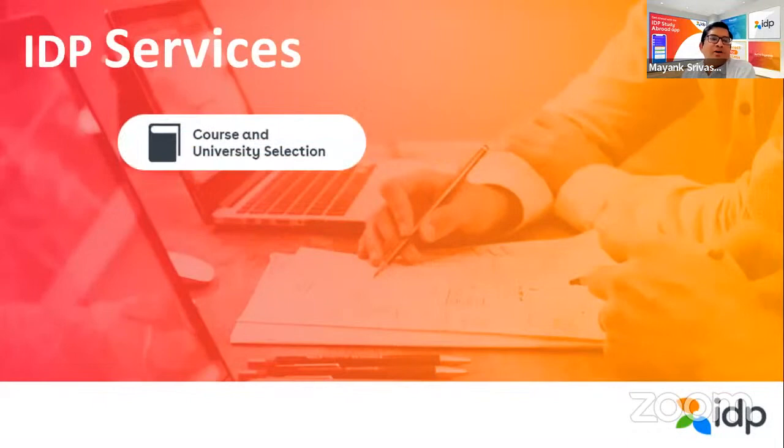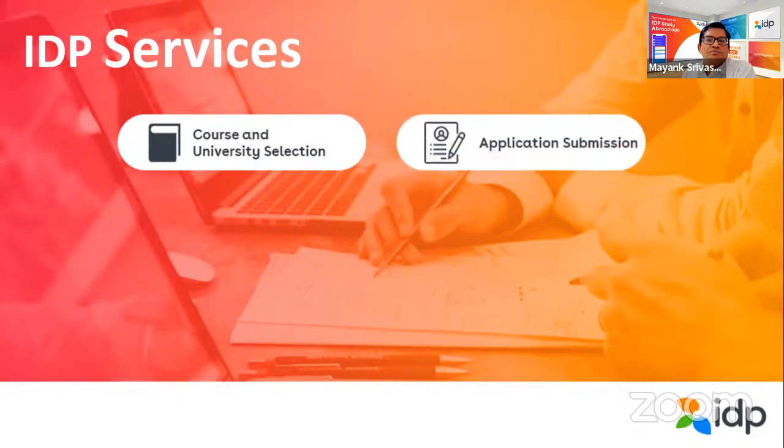So what services does IDP offer? IDP will help you after studying your profile and your electives. If somebody is working, based on that, we will select the course and the right university for you, in the particular destination where you want to apply. Then we will help you to submit your application, with proper assistance. In certain countries there are certain rules. Based on that, either the student has to fill in the application form and the counselor will review your application, and then you can submit it.